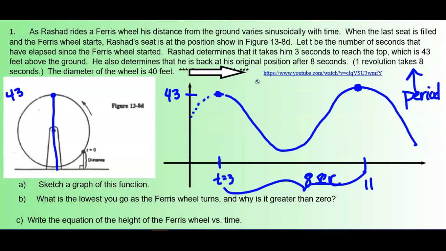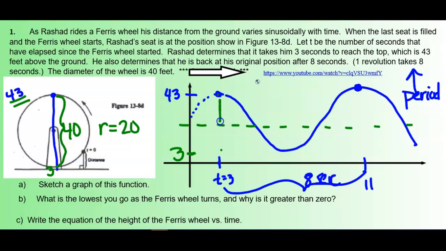Now, this is a little bit of craziness that I need you to understand. The diameter of the wheel is 40. So all the way from the top to the bottom is 40. Well, that's good, because remember we said we didn't want him to hit his head on the ground or his feet. So there's 3 feet of clearance at the bottom to make this 43. So the lowest he ever goes is 3, which makes the distance from the top to the bottom the diameter of 40, or the radius of 20 actually tells us